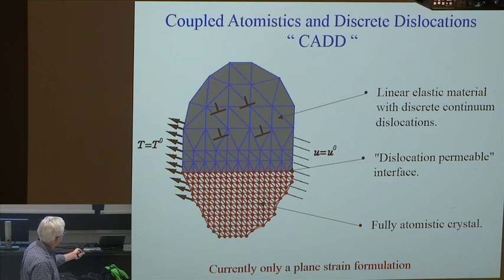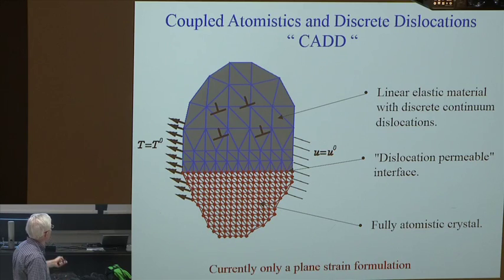And then in another domain, we have a fully atomistic crystal, and I can have defects in there. And then I have an interface, and it's permeable to dislocations. That is, I have a way for the dislocations to go back and forth. And then this is a general boundary value problem where I specified tractions and displacements, and I want to solve